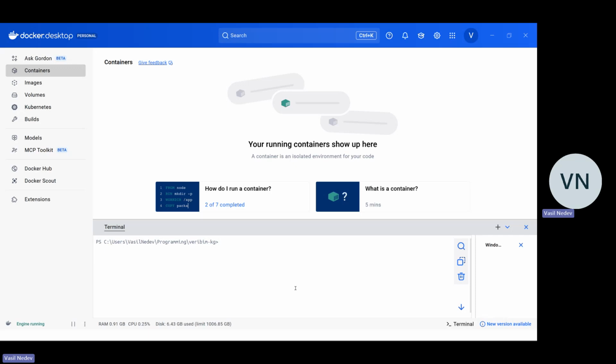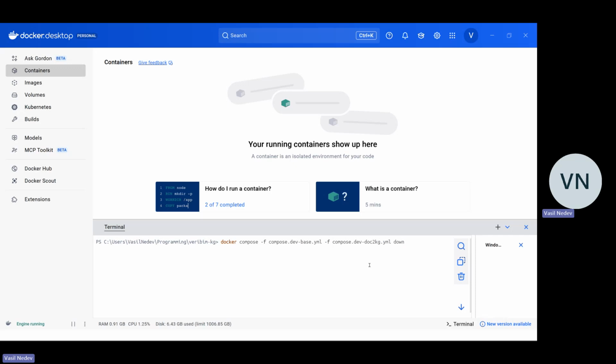Whether you're doing this on Linux or on Windows, there is nothing special for Docker itself. But I have already moved to the project folder, if you can see my terminal there,